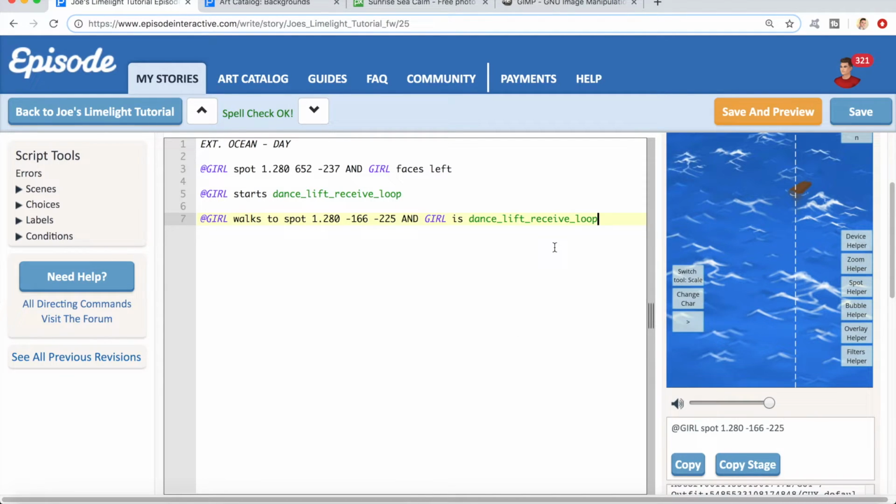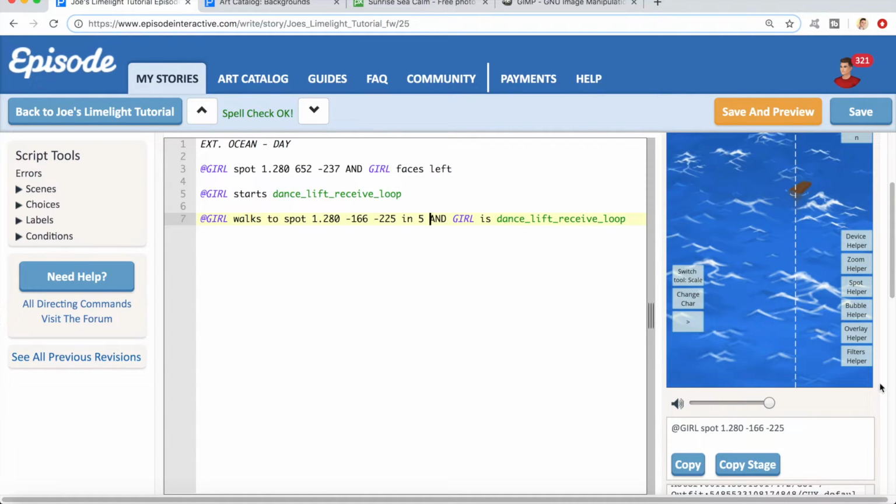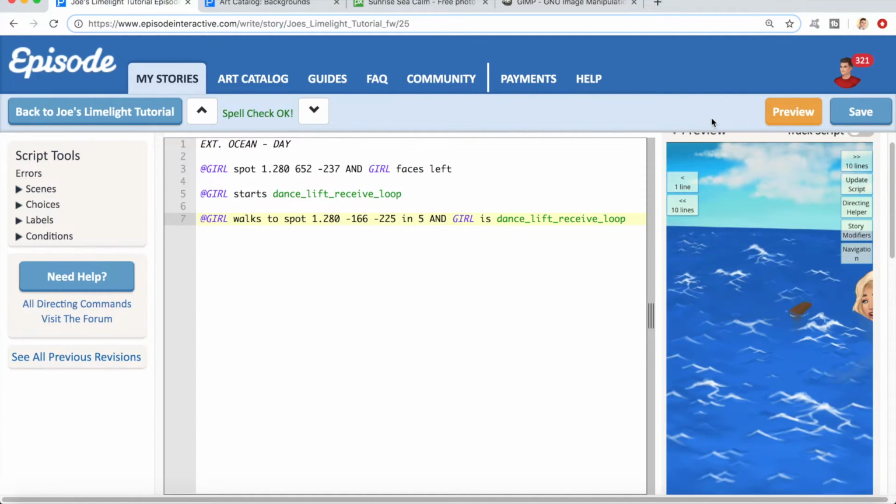Let's also give this a duration, so we're going to say in, let's say 5 seconds. Let's take a look. So, of course, it doesn't look like she's really swimming, but right now it's about the closest we're going to get. Okay, to make it look like she's swimming on her back, the one to use is Crowd Surf Excited